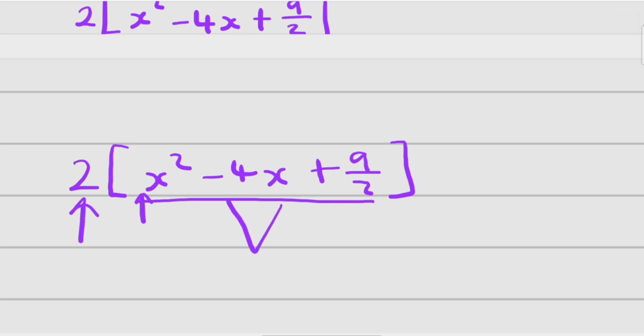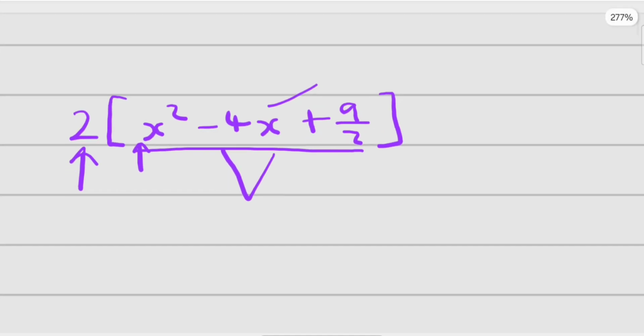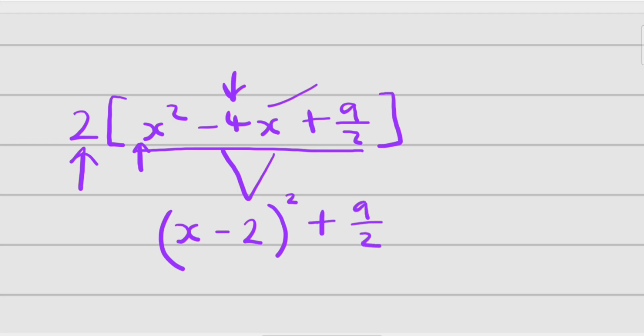So completing the square for this, we get x minus half of this, that's 2, right? And I put a minus here because there's a minus here, right? Please don't be confused. Then we put a square there, plus our 9 over 2 minus this squared, so minus